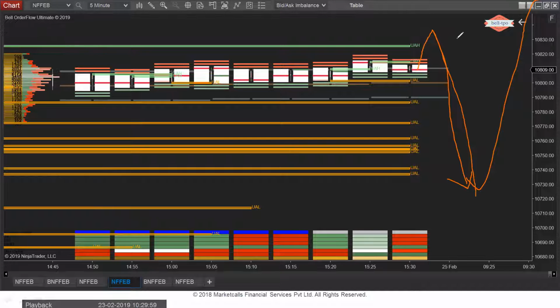Maybe while coming down, it might create a lot of unfinished auction levels. There, one can again initiate a long setup. So,